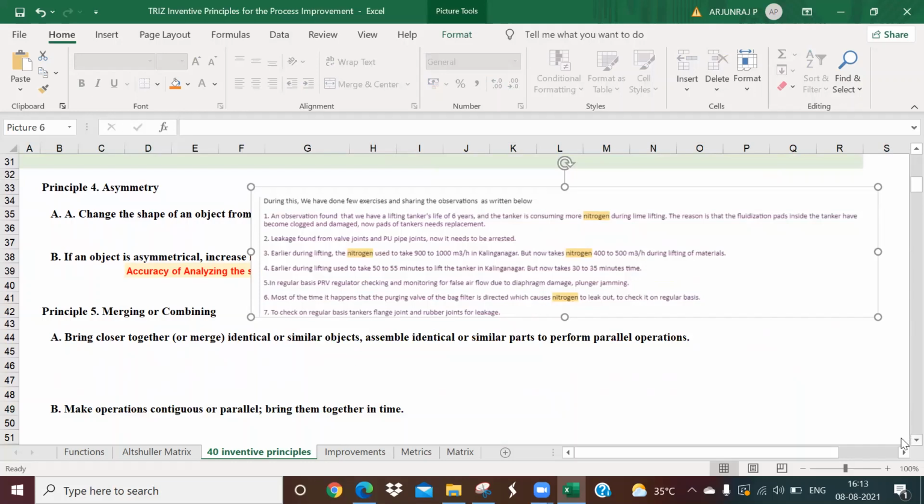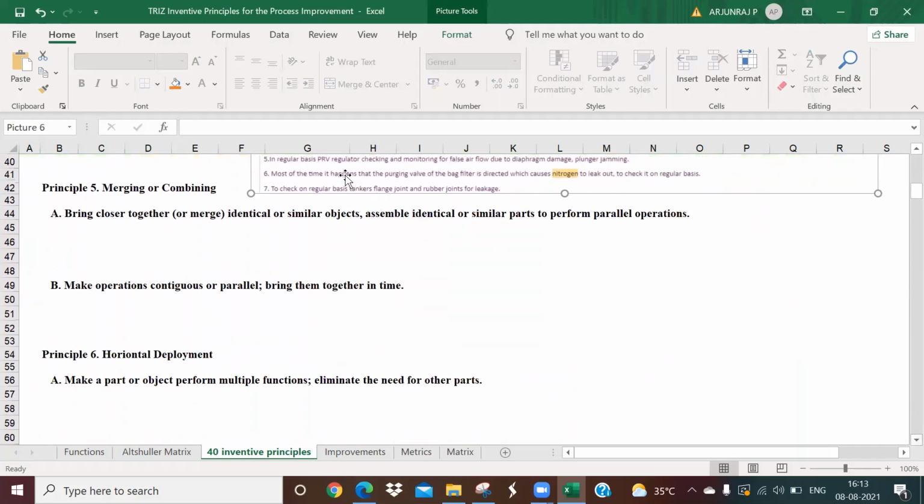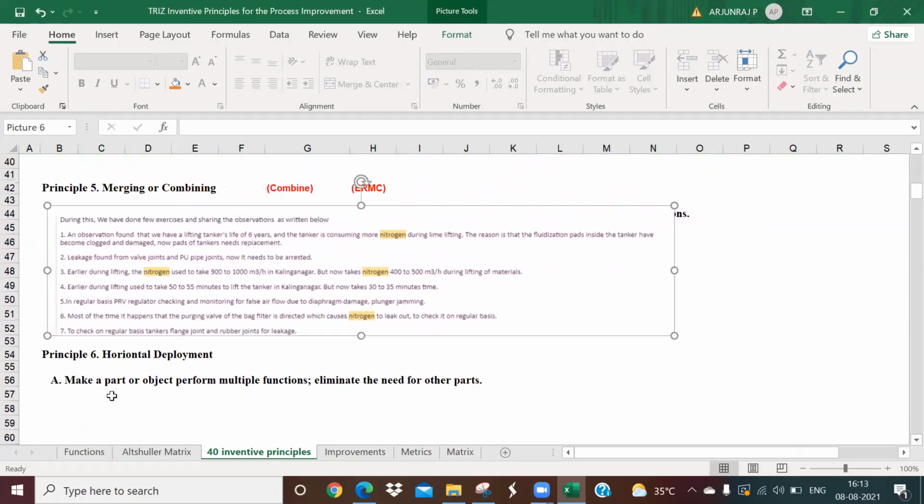And what else? What can be related to the process? You can try to deploy this even to the other plant. If you are taking the Kalinganagar, if you implement this, you can also look for the deployment. Or if you have any other similar thing done, you can use that as reference and implement it here for your process also.